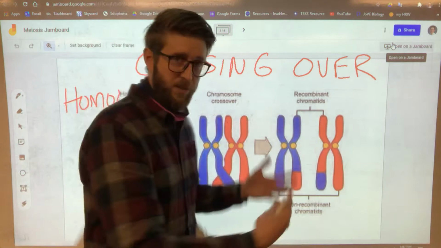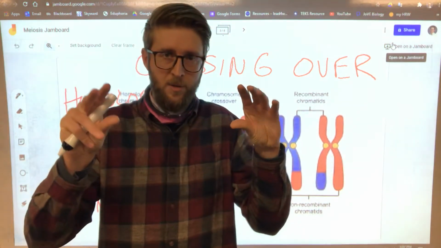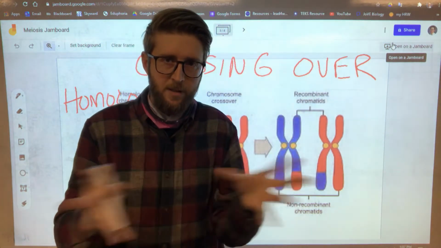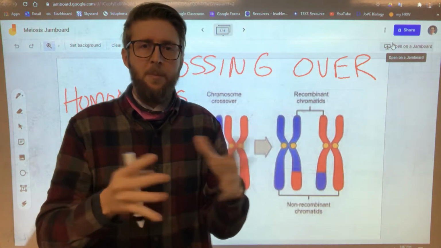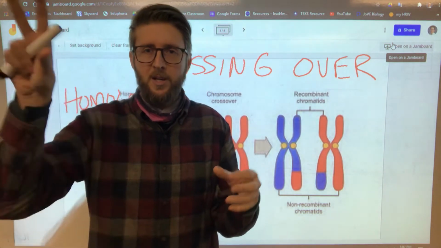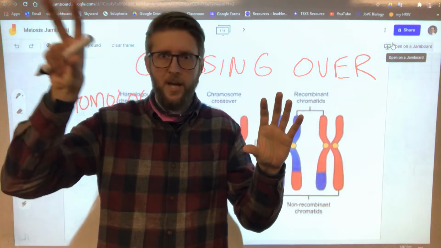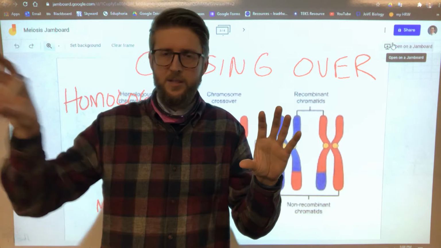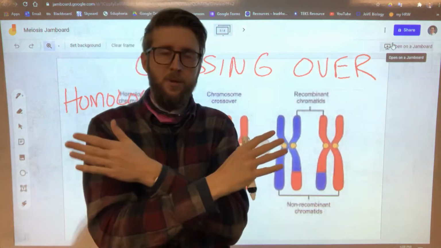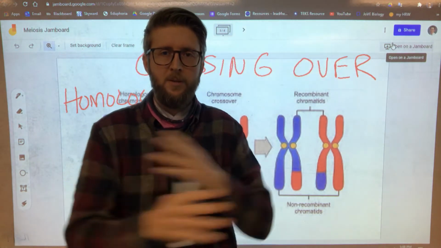Okay, so it's kind of like if you have 2 decks of cards, one from your mom, one from your dad, you kind of shuffle the cards together and you swap them out. But you end up with the cards you should have. Like the jack of spades on this deck from your dad and the jack of spades from the deck on your mom, they will swap. Okay, so